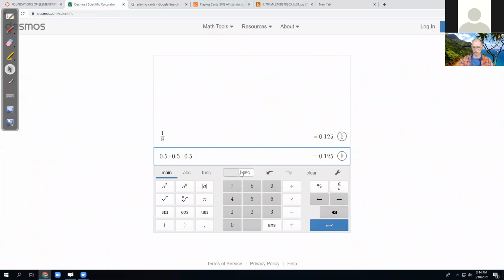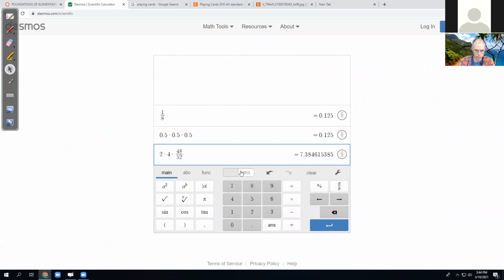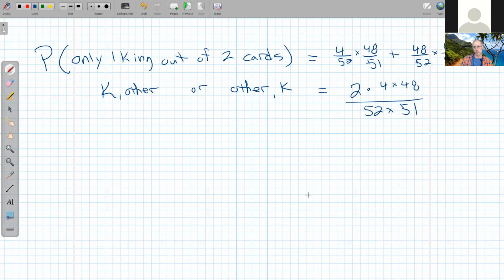So calculator. So we've got 2 times 4 times 48 divided by 52 times 51. And the main thing of importance here is that the 52 and 51 are both in the denominator, which they are. And so I get a roughly 14.5% chance if we rounded to 0.1%. So that's about a 14.5% chance,